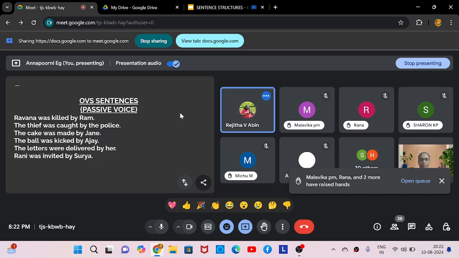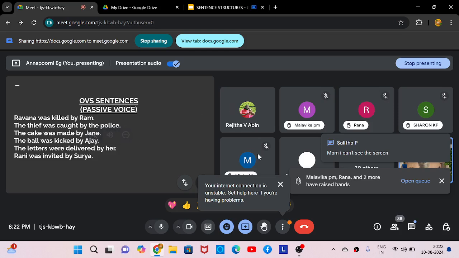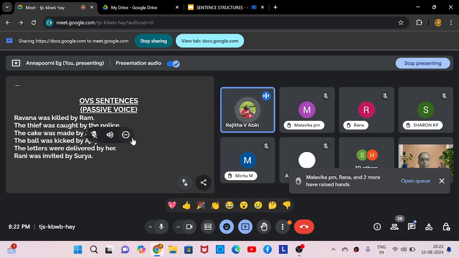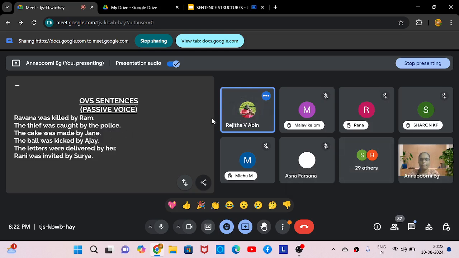The thief... First one, Ravana was catched. Ravana by Ram. Ravana was killed by Ram. Okay, next one. The thief was catched by the police. Catch alla, caught. Caught by the police. That okay. That cake was